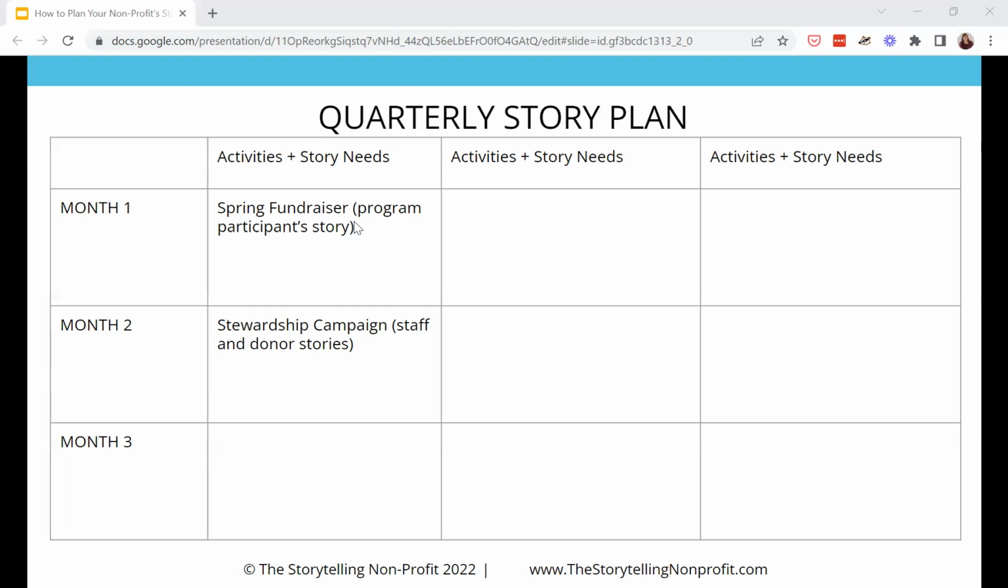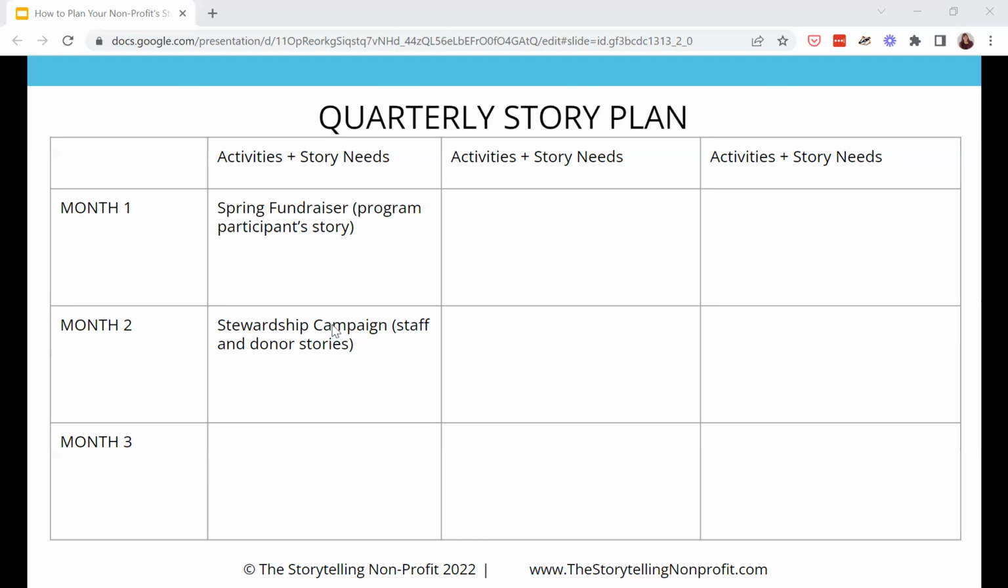Maybe I already have a specific idea of who that person will be or the actual story. If I knew those details, I would add those in there. If I don't yet know them, I will just put something a little more vague, like a program participant story. And then when I drill down into project planning, which we'll talk about next, I'll start to list out the specifics of what I need in terms of assets and other content.